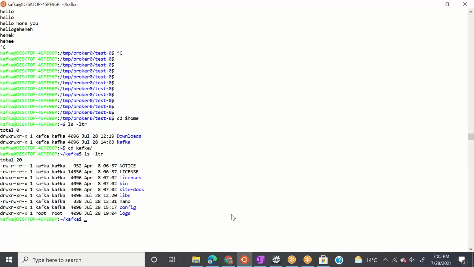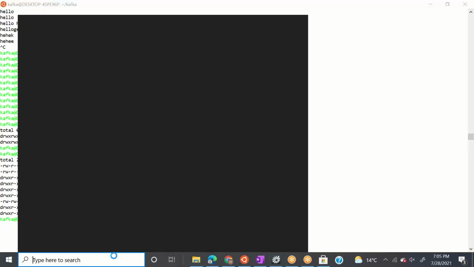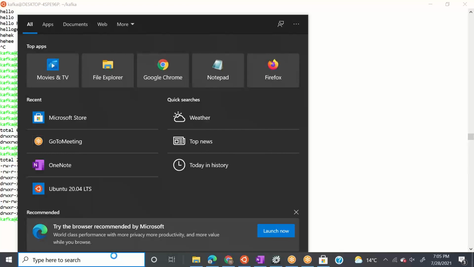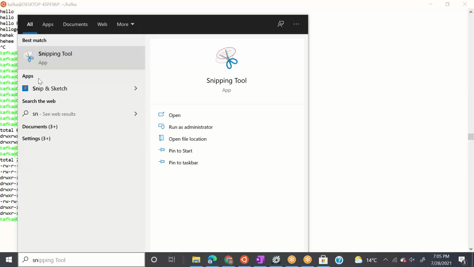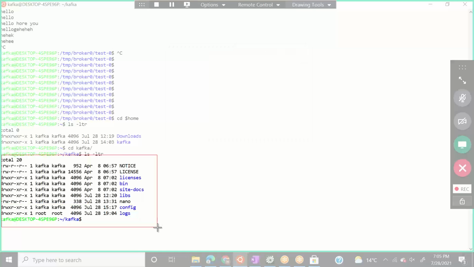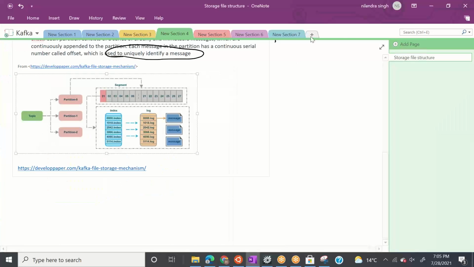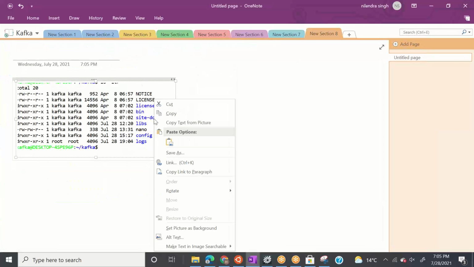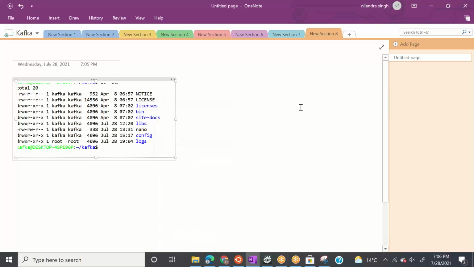Wherever you install Kafka, you will see this directory structure, right? Let me cover this directory structure in two minutes. Let me snip it and paste it onto my notepad. So whenever you install Kafka, following the instructions, it's very simple. If you want, I can cover it in a lot of detail, but I don't want to waste my time there. It's easily available on Google.